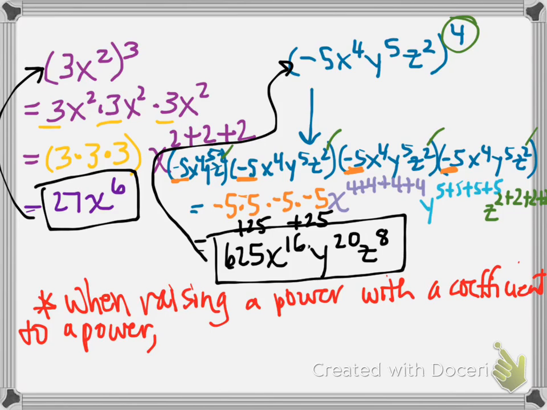What happened to the 3 from the 3x squared when I cubed it? What did I get? I didn't add 3 times, just like I didn't add -5 4 times. If that was the case, I would have had 9, and I would have had -20. Okay, so that's not what I did. All right, Sophia, what do you see? You multiplied, or you raise the coefficient to the power